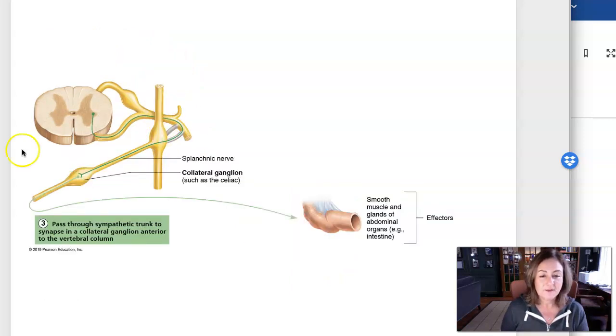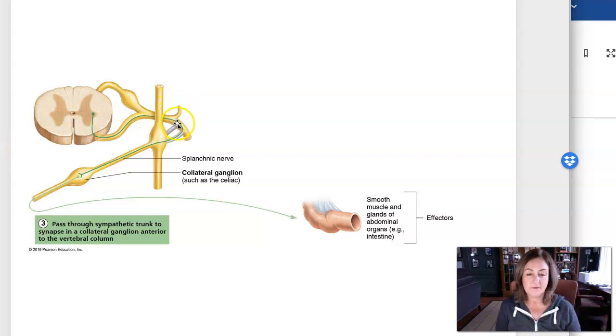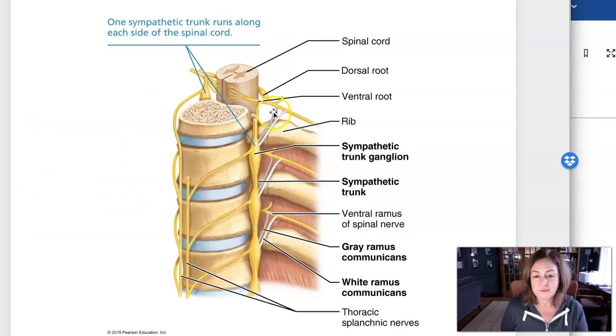And then another possibility is some preganglionic sympathetic fibers enter into the paravertebral ganglia and they don't synapse. They leave. They synapse in another ganglia. It's called a collateral ganglion. And the cells that do that are going to be innervating the GI tract, and these are called the splanchnic nerves. But just to summarize, the short preganglionic fibers that enter into the paravertebral ganglion can synapse at that level, they can synapse at a different level, or they might pass through and synapse in a different place, and those are the splanchnic nerves that are innervating the